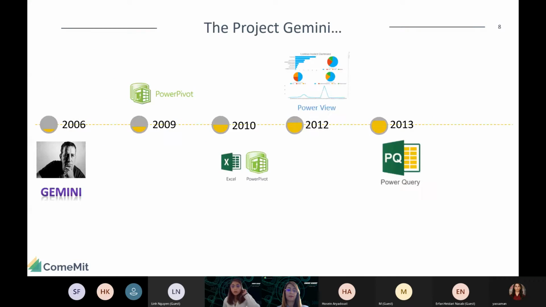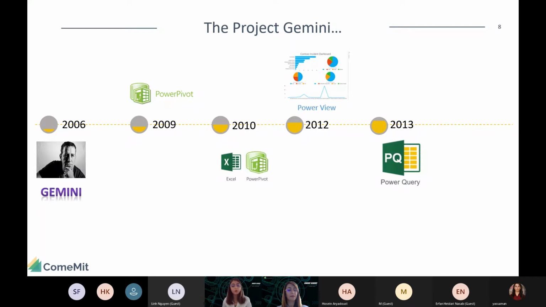In 2013, Microsoft revealed another add-in called Power Query. Power Query is really the heart and the mind of the Power BI engine, and also in Excel as well. This engine is so strong when it comes to handling data, cleaning data, cleansing data, transforming data, making all kinds of transformation like anomaly detection and error handling.